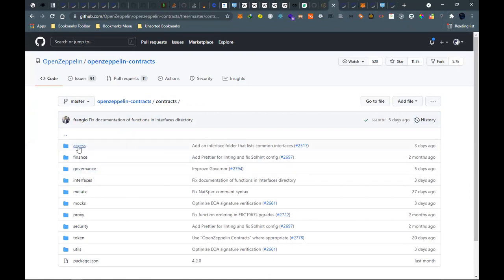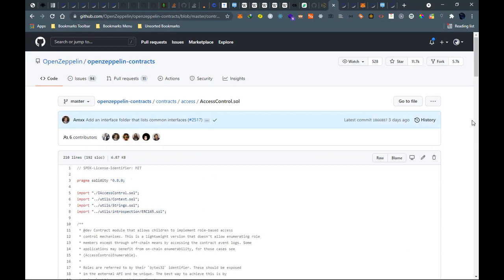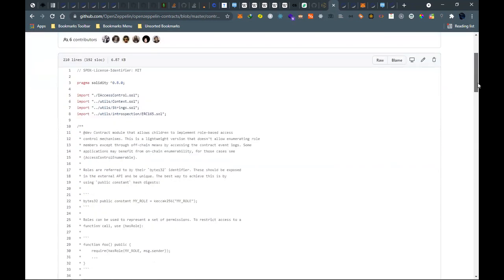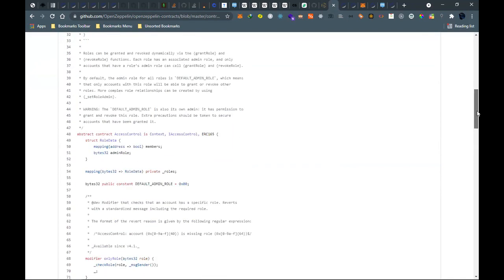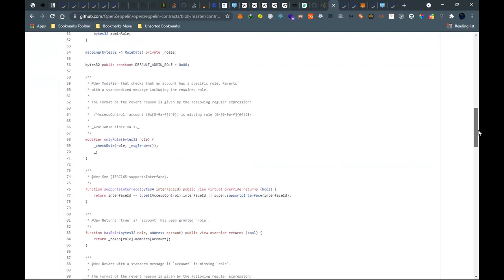So we have access. For access, we can add ownable, and then there is access control. We have enumerable control, access control, a contract module that allows children to implement role-based access. So you can create role-based access the way we have admin, members. You can add those types of roles in your smart contract. So you can have admin.